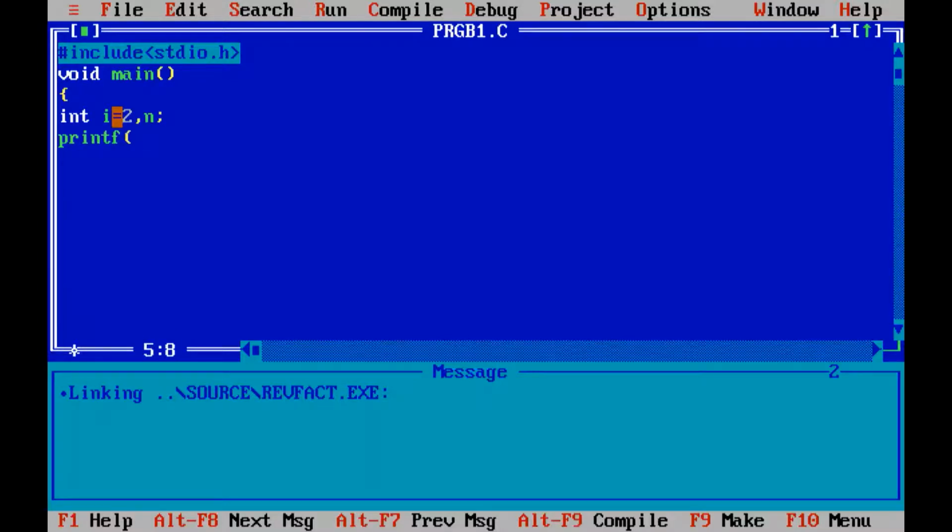Now we are using a printf statement: Enter the number. Those who are new, this printf statement will be printing the statements onto the output screen, and the scanf statement will be used to accept an input from the user from the standard keyboard.